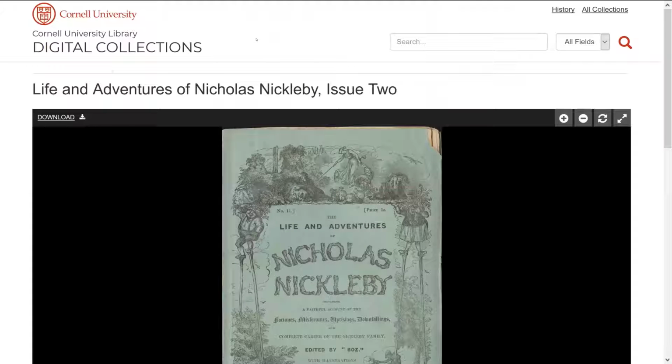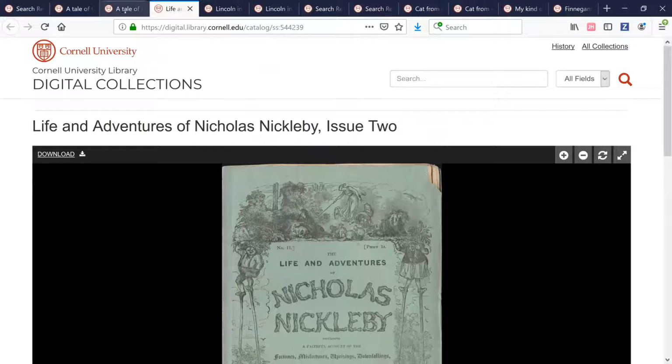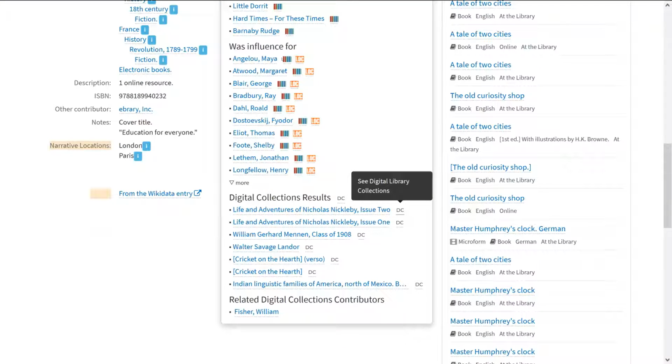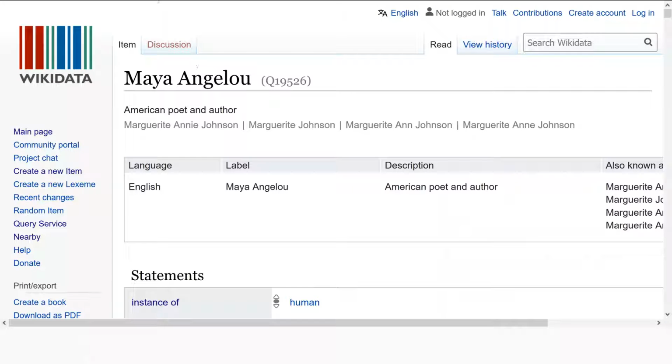If I clicked on this, you can see it will open up this particular item. Similarly, if I were to click on, for instance, Maya Angelou from Wikidata, it would open up the Wikidata entry for Maya